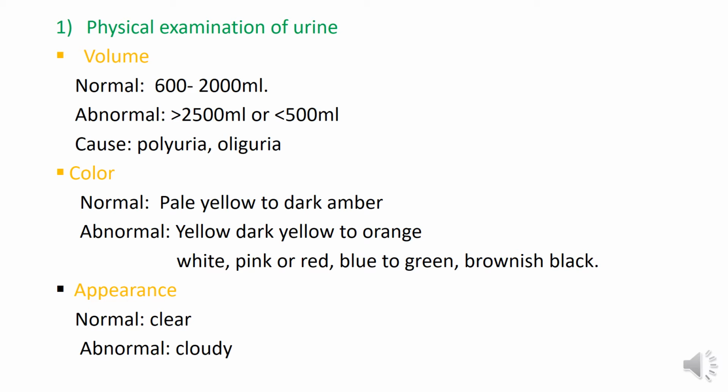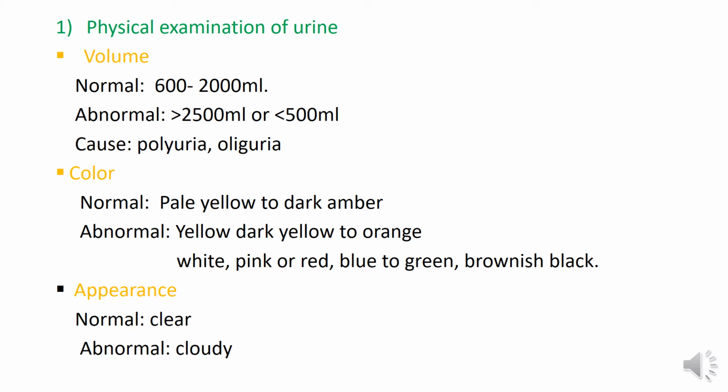It means complete suppression. Suppression means low suppression of urine in which high fluid intake. Then next is color. Normal color of urine is pale yellow to dark amber, and abnormal color is dark yellow to orange, white, pink, red, blue to green, brownish black, and these colors are due to